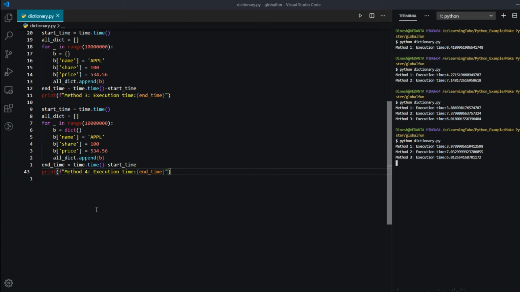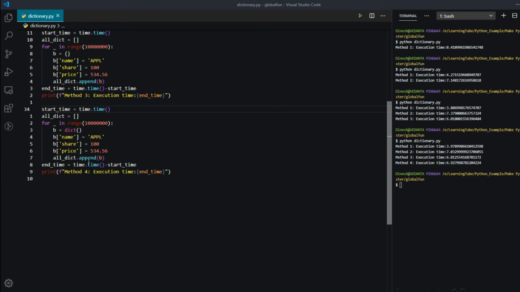Third method: 6.01 seconds. And method 4 has taken 6.92 seconds. So this is also a slower method. We can see that method 2 is much slower. Method 4 is faster than method 2 but slower than method 3.